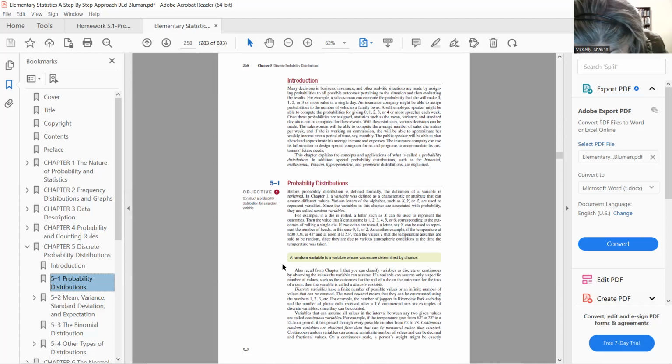If you roll a die, the value that you get on that die is a random variable. It occurs by chance. If you flip a coin and you get heads or tails, those are random variables. So for example, here, when you write for this